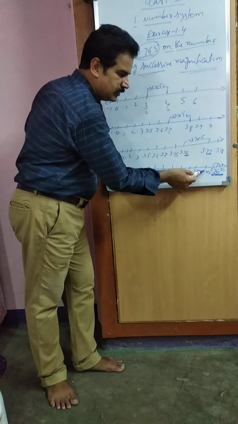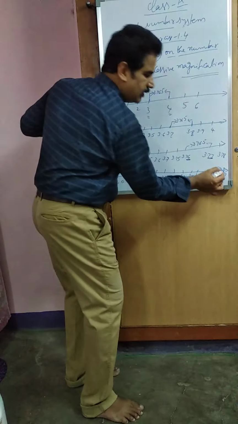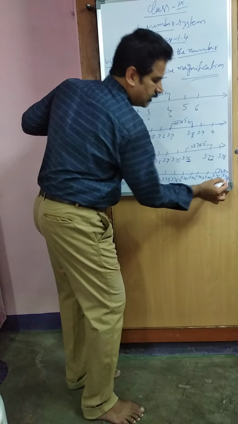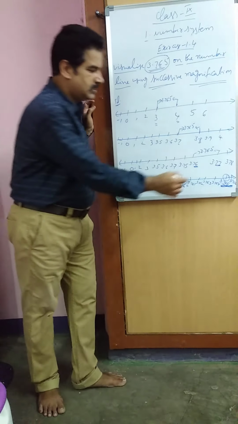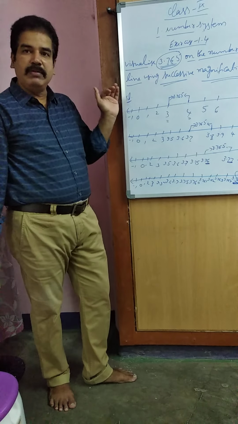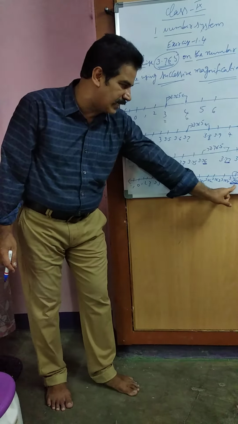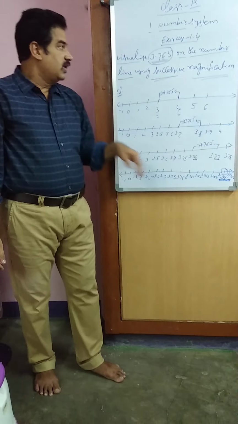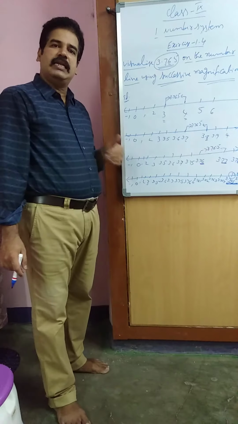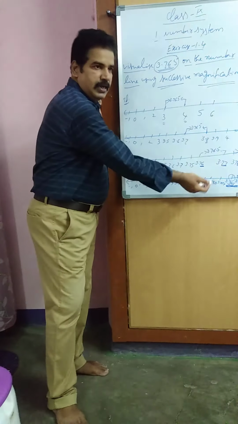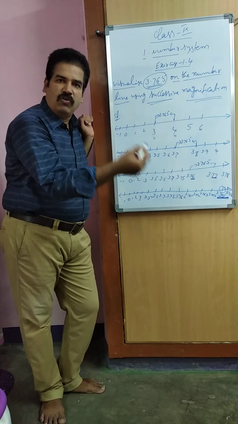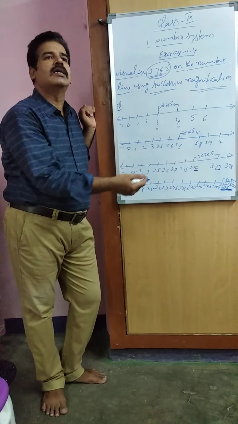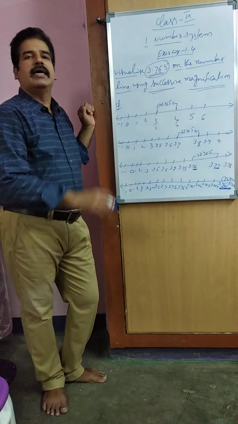It lies between 3.764 and 3.766. Okay, so like this we magnify terminating decimals on the number line exactly. Suppose we are visualizing a non-terminating repeating decimal, we cannot magnify exactly up to 4 places or 3 places. They will ask up to that number of places we can represent. Now we can do one more example.